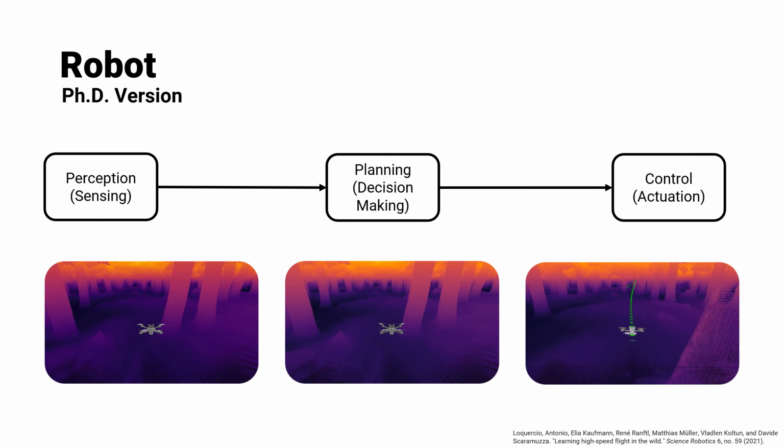In this case, you determine how the motor speeds have to change so that your robot can go left and right, go up and down, and adjust its position in 3D space with respect to the environment so that you reach the goal you desired in the beginning, right? And note that you are doing perception, planning, and control in a continuous loop, because the environment around you is changing. It's not a one-shot thing.